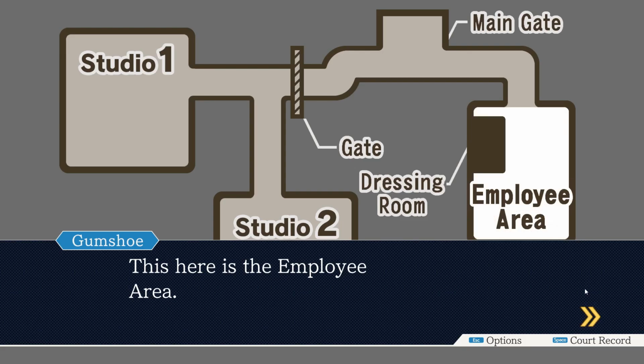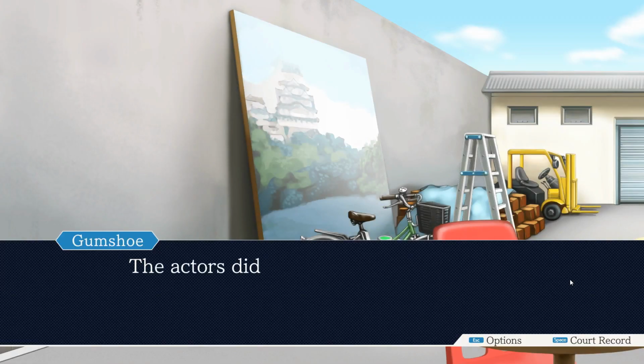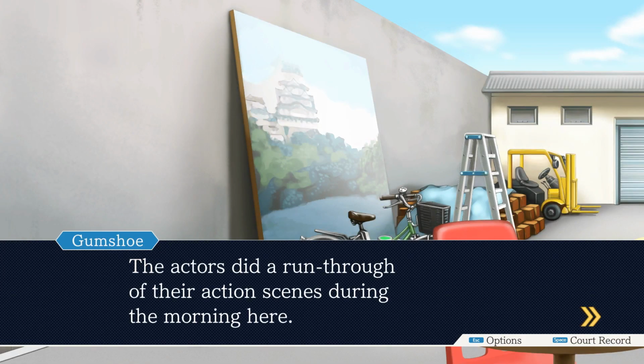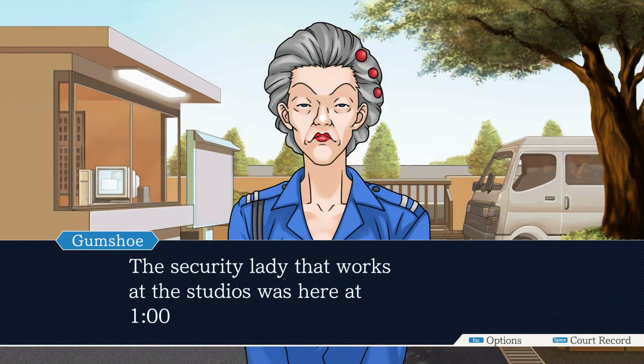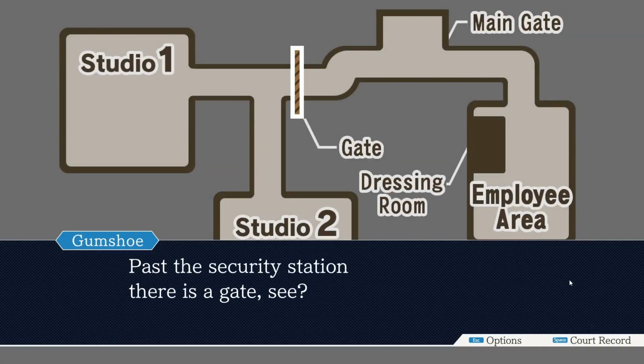Oh my god. This here is the employee area. The actors did a run through their action scene during the morning here. I'm sorry, Detective Gumshoe. I'm so sorry. This is the main gate to the studios. Dear God, what have I done? The security lady that works at the studio was here at 1 p.m. on that day. Past the security station